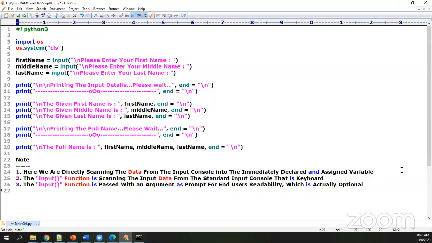The fourth point, the input function will scan data from the console by default as a string object.